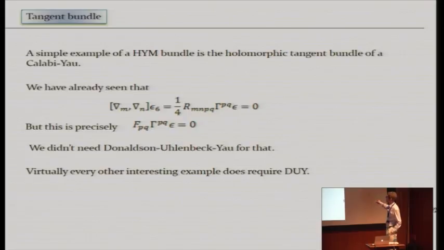By similar arguments, any bundle that's associated to the tangent bundle, like the cotangent bundle or endomorphism bundles, also satisfies this equation, or rather an appropriate modification of this equation. So we didn't need Donaldson, Uhlenbeck, and Yau for that. But for these other examples that I mentioned in passing, these monad constructions or these spectral cover constructions, you certainly do need Donaldson-Uhlenbeck-Yau in order to prove the existence of a Hermitian-Mills connection.